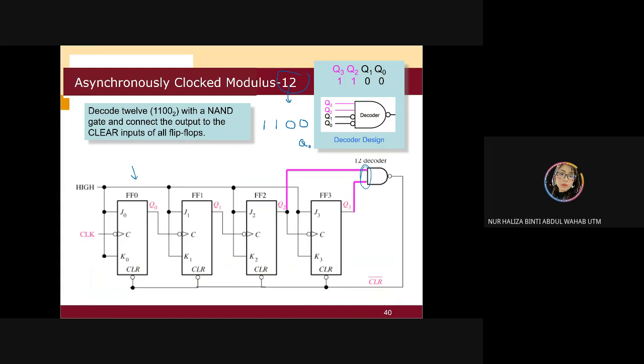Here is my Q0, here will be my Q1, here will be my Q2, and this is my Q3. I can see I have connections for the 1s here, Q2 and Q3. So these are the connections that I need to add for my